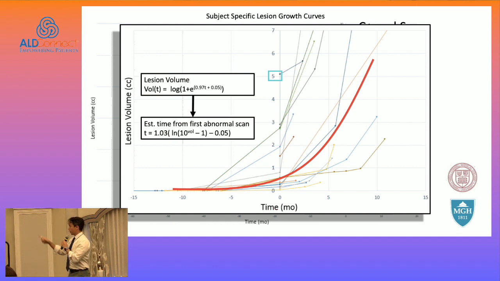But this kid shows up, he has no preceding scans, he has a Loes score of 1, and you think, well, maybe he's early in disease. But in fact, when you go out to the curve, he's probably actually a couple of months down the road. So this is helpful in starting to think about what this pre-symptomatic time window really looks like.